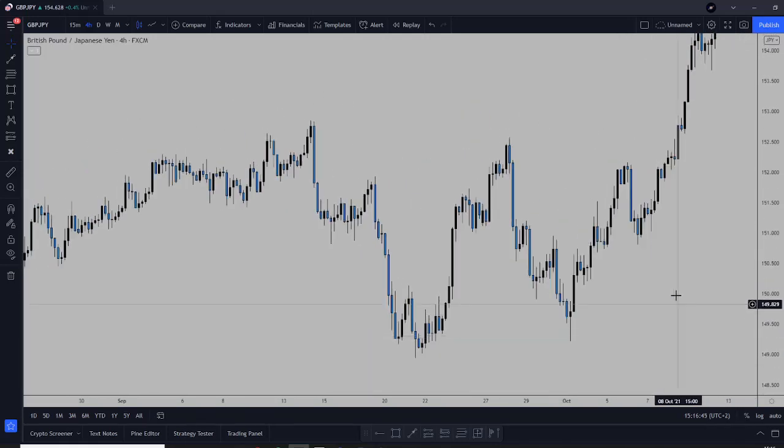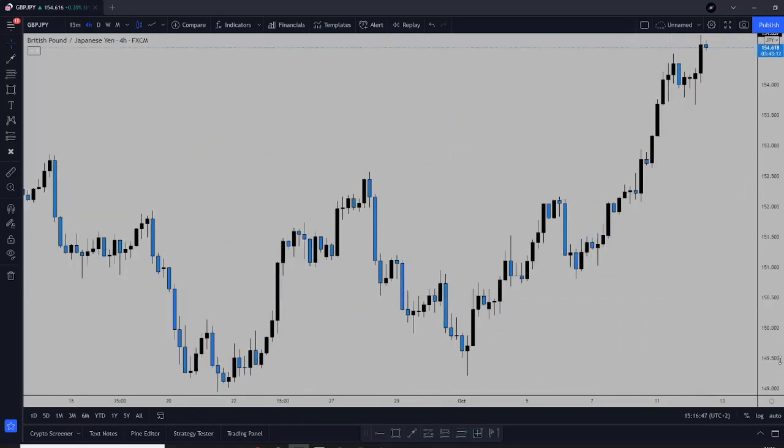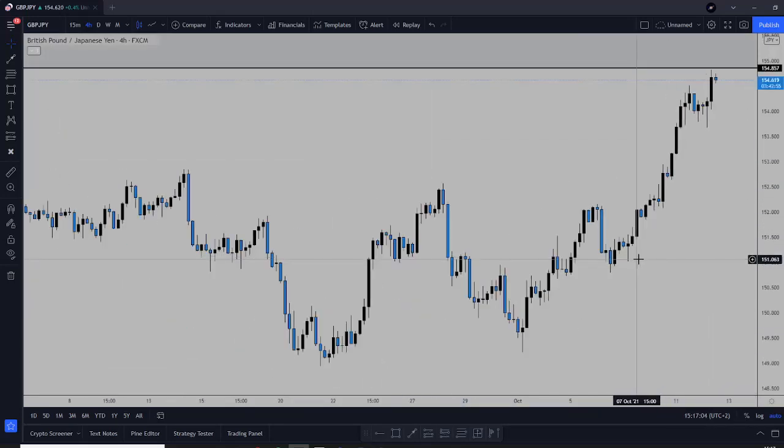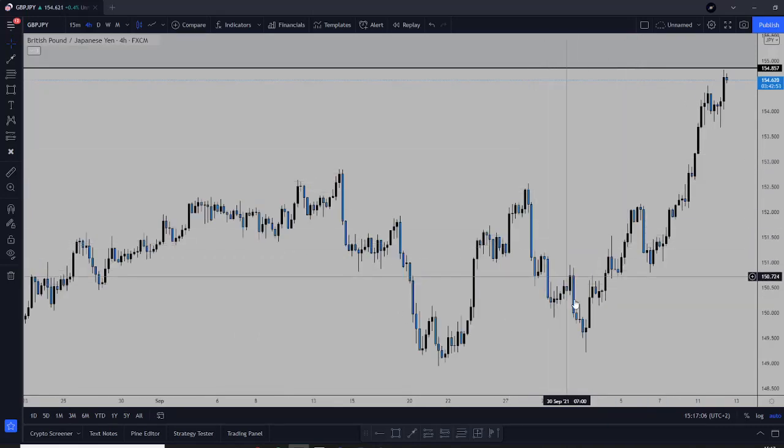Let me show you another example over here. We had some ranging, not that much, but some nice highs over here. And we obviously have liquidity above and below. What happens? Price just shot up and then boom, just melted. This happens quite often, so these are pretty big trades to catch.